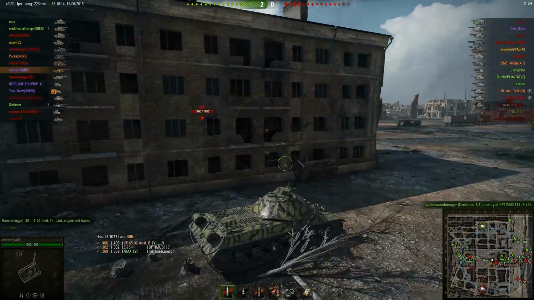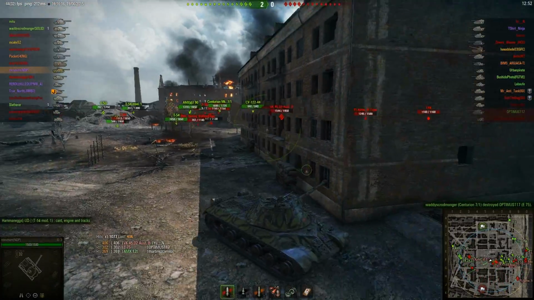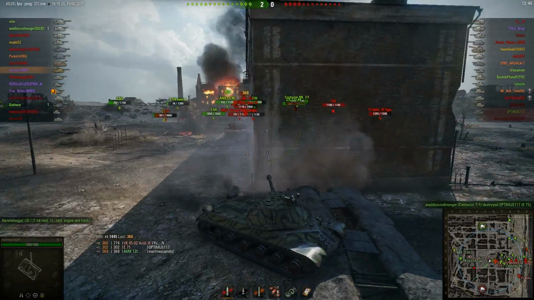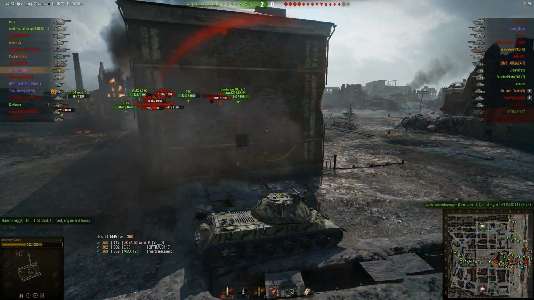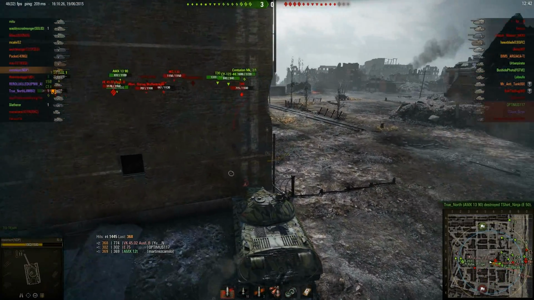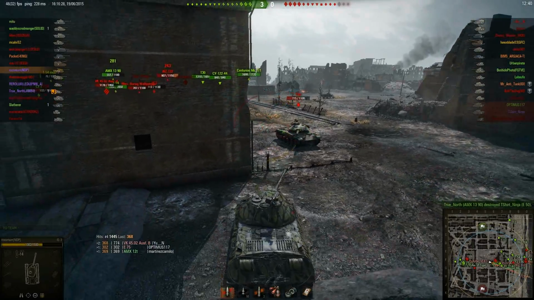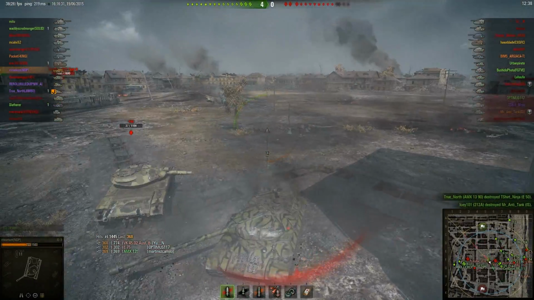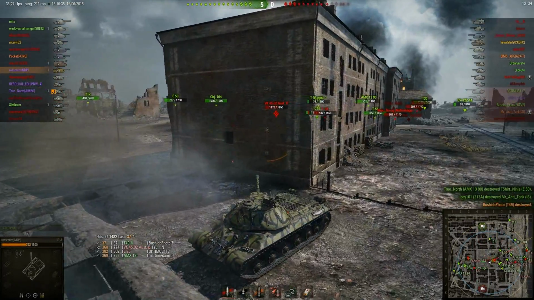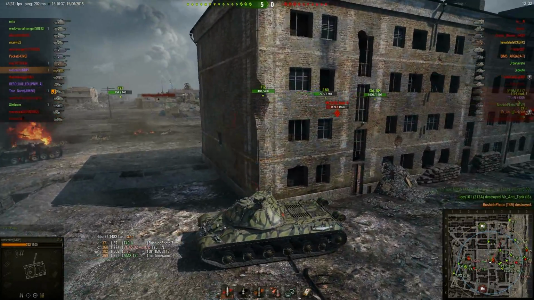Not really a smart 4502 driver, because it means I can just kite him around this building and pop him in the tracks as soon as he comes out, like that. I do take a shot from him, and then I've got a T49 in front of me, which is kind of scary, but I chance it and get away with it. He seems to be shooting heat, and 0 damages my track. Finish him off,